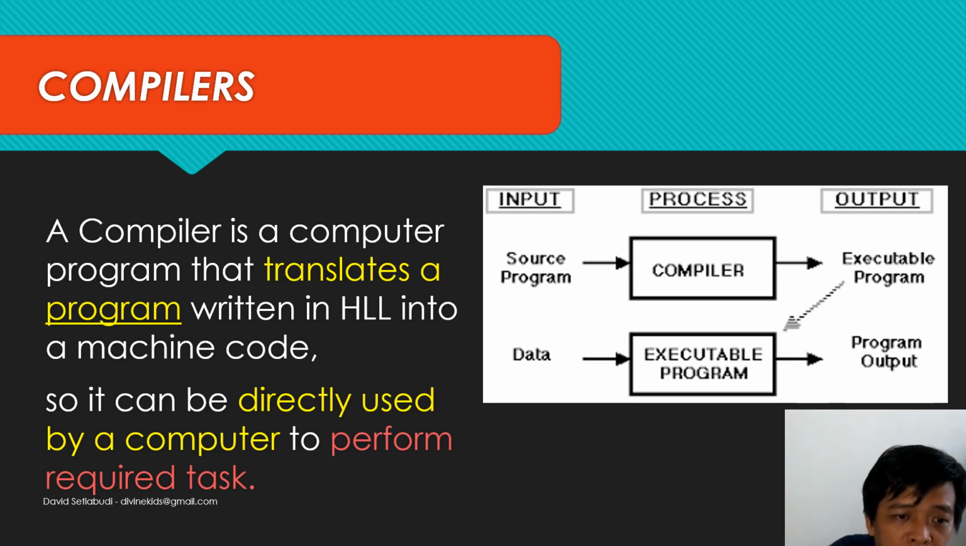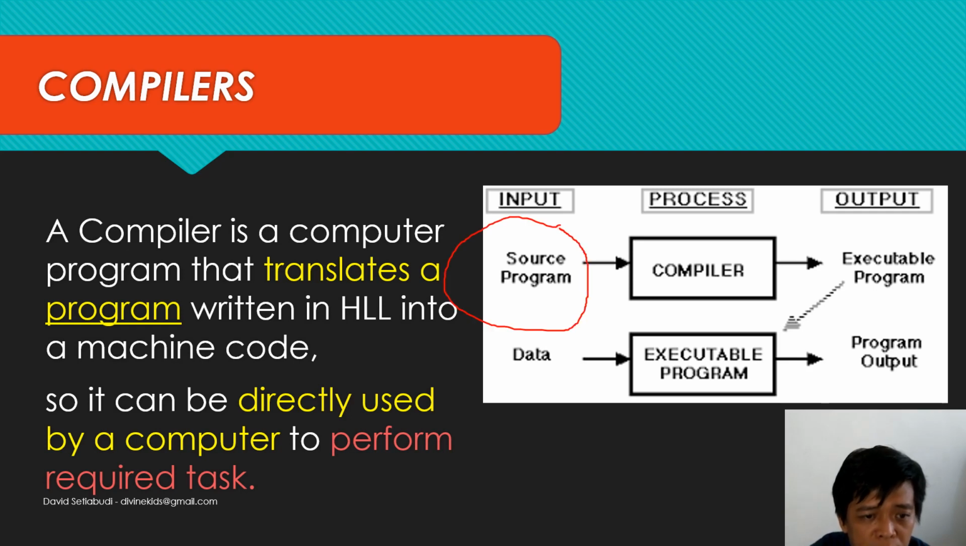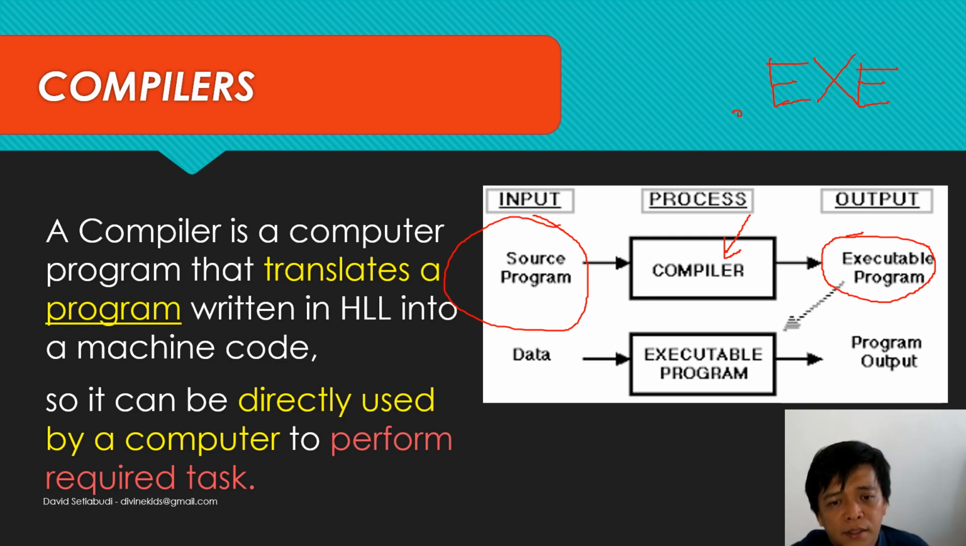Okay, so here's the diagram that you can see. The first one is a source program. You write the whole sentence. Then it runs by the compiler and process, and it becomes an executable program. Sometimes you see that there is an .exe. It means this one is an executable file, or an executable program. Then after the source program becomes an executable program,